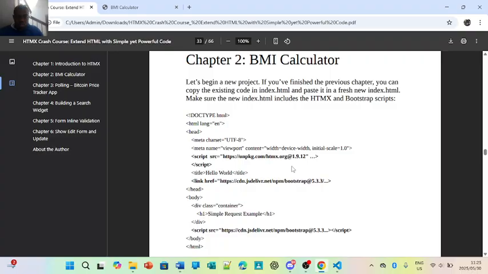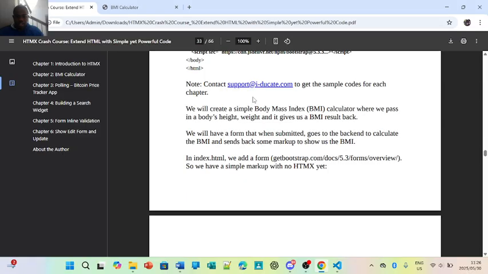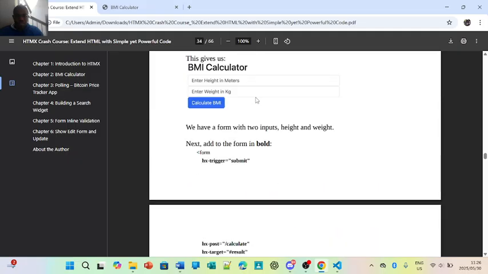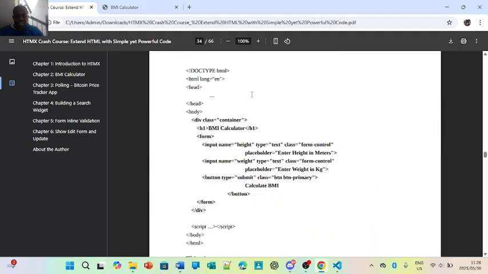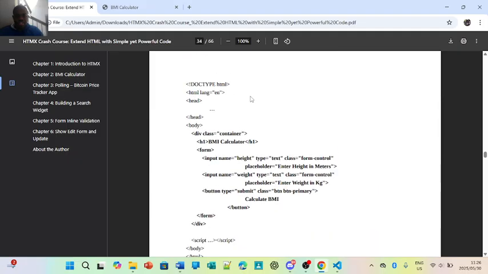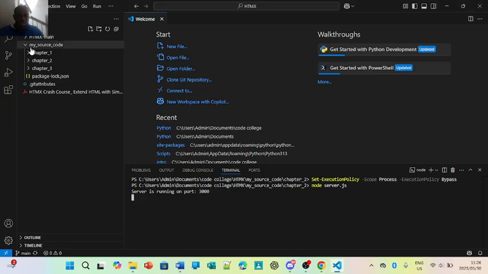So let's begin a new project. If you finished the previous chapter, you can copy the existing code and extract each HTML and paste it in a new fresh HTML index, right? So this is the HTML. Let's go into the HTML right now. It's my code, public